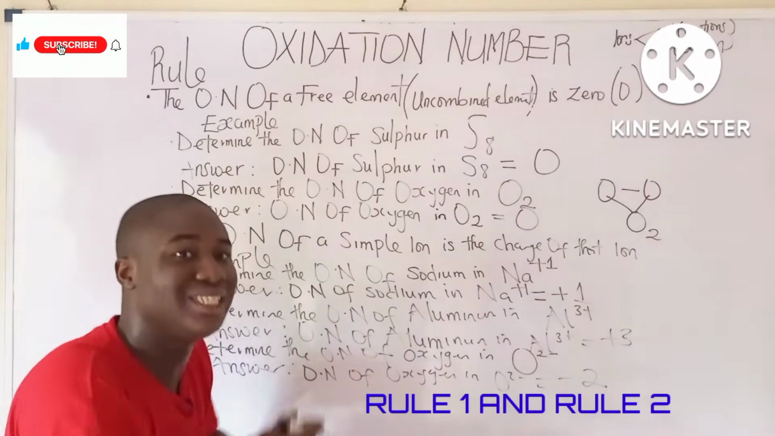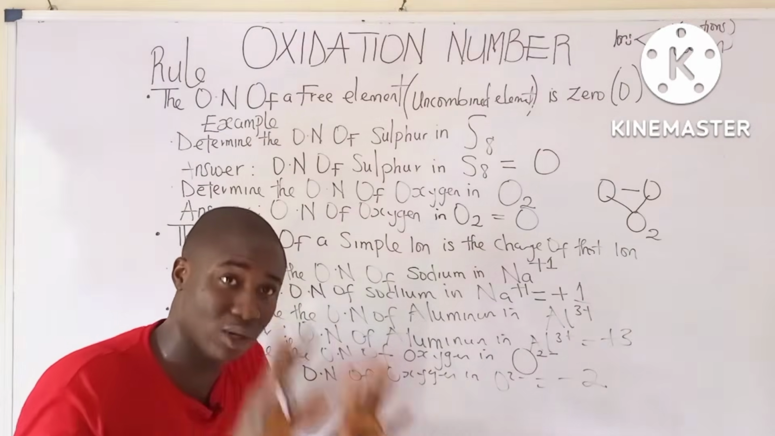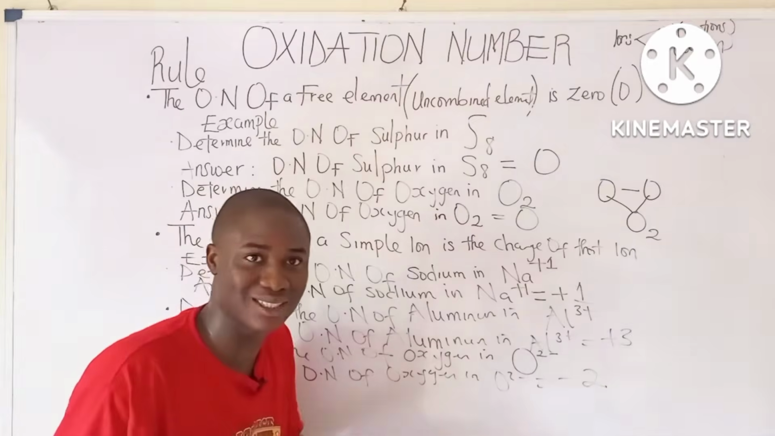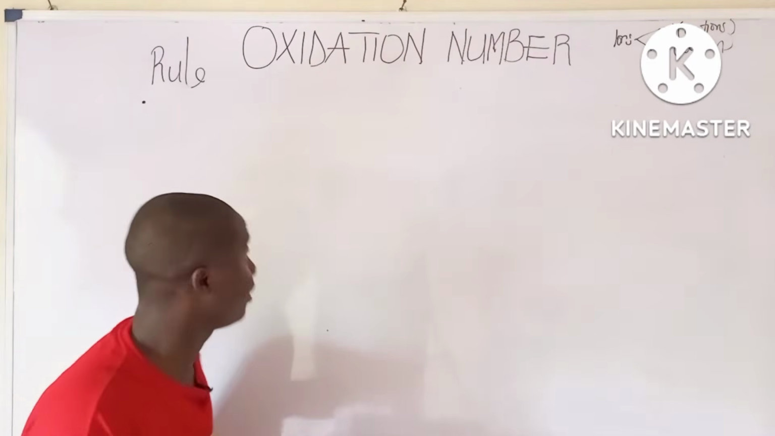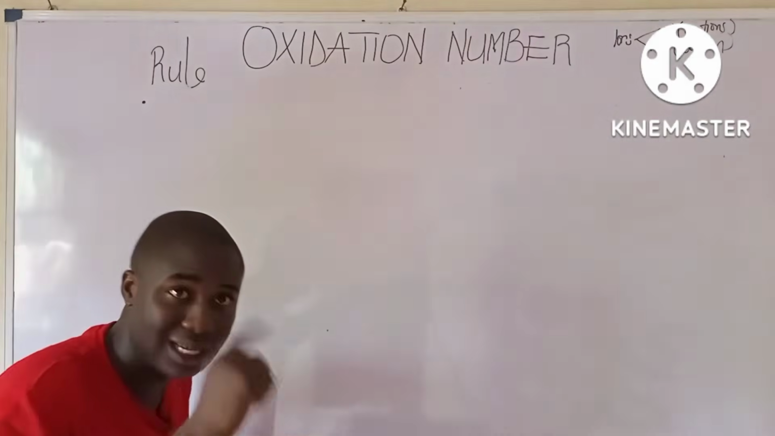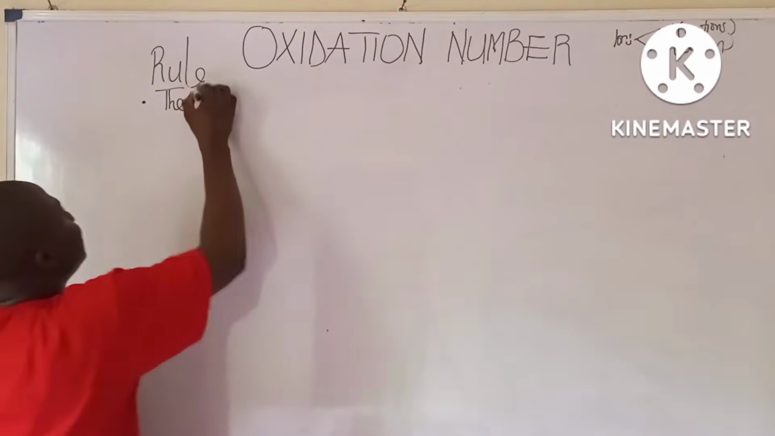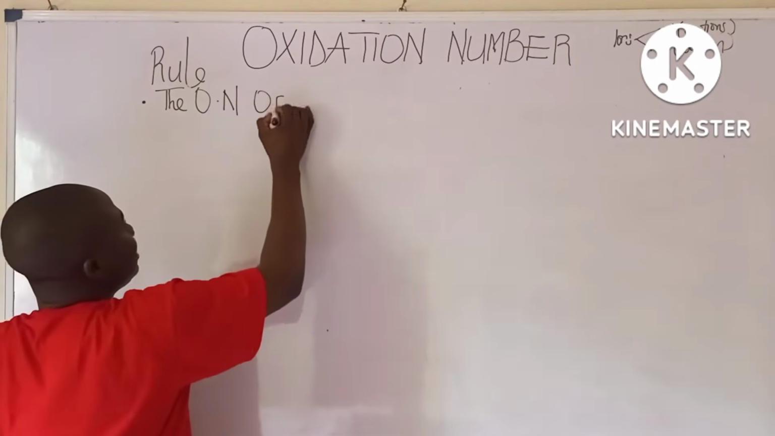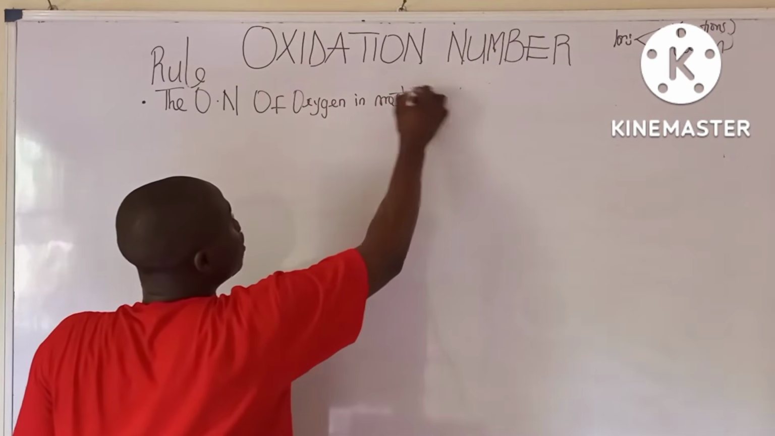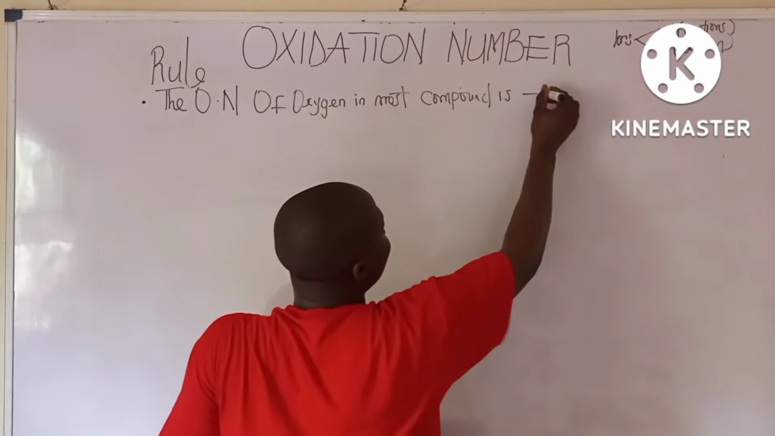So let's quickly move over to the third rule. I said we'll be learning several rules in order to be able to determine the oxidation number of elements in a given compound, ions or radicals. Now, rule number 3 says the oxidation number of oxygen in most compounds is -2. You have to take note of this. The oxidation number of oxygen in most compounds containing oxygen is -2,